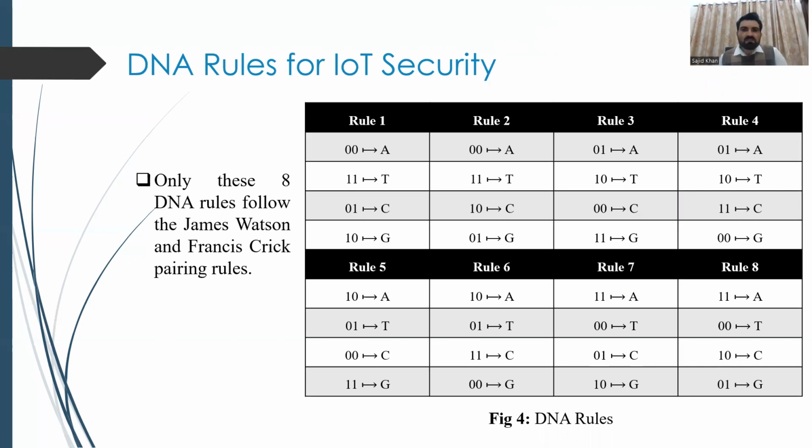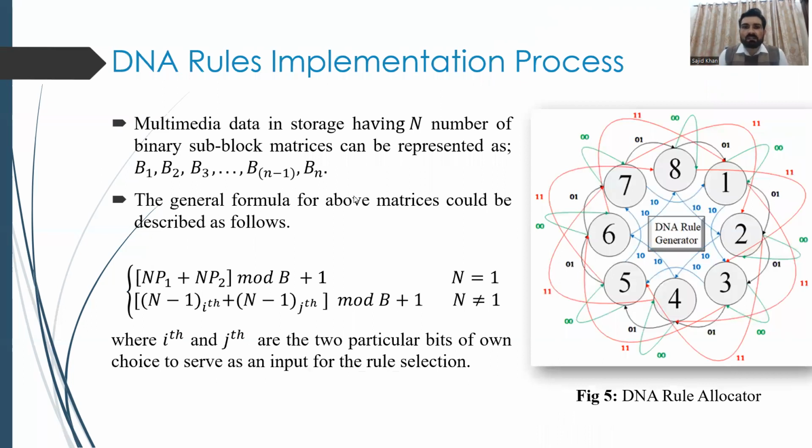As you can see here, for these 8 DNA rules I have made this mathematical model, which is also a unique model I created myself. These are 1, 2, 3, 4, up to 8, and they depict the 8 DNA rules,